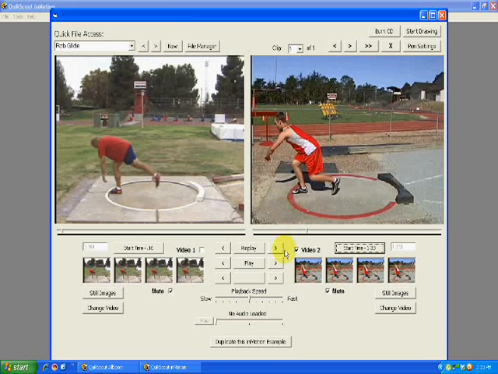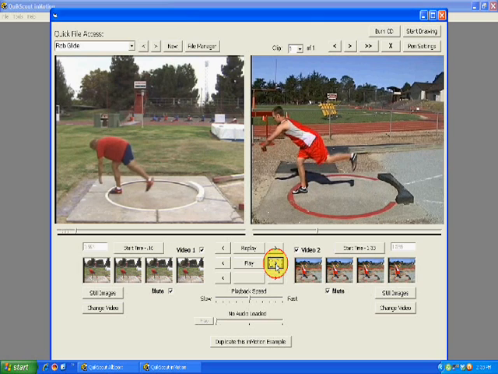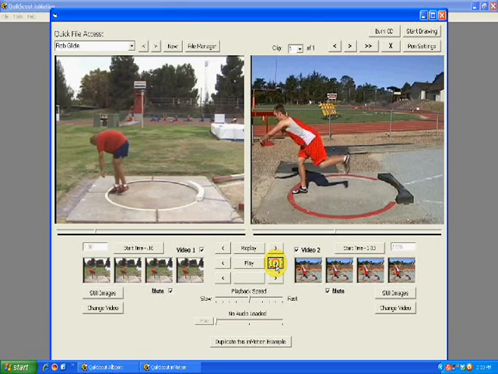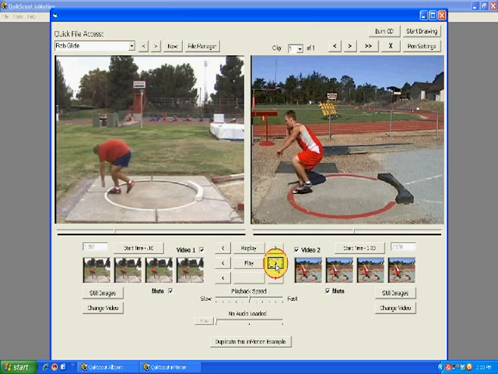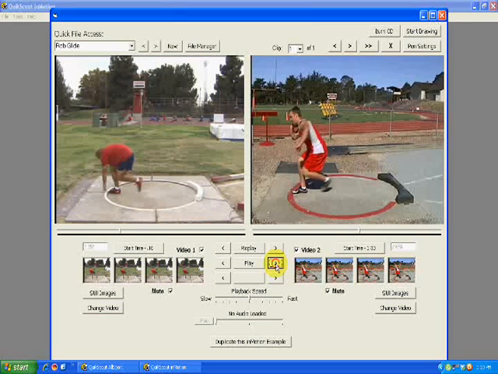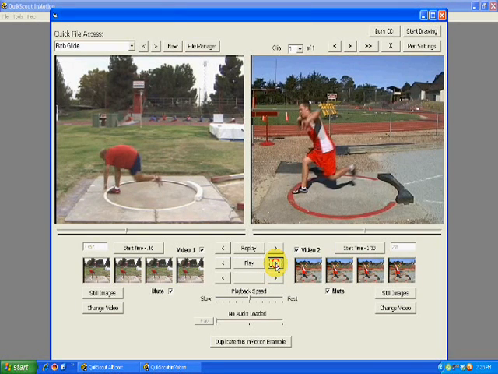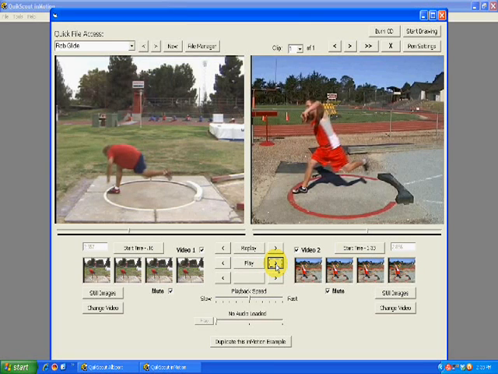We're going to make sure that both videos are turned on and reset, and we're going to use the forward arrow button to move frame by frame to see how they compare. So you see that they're getting ready to take their first glide step. And the one thing I noticed immediately about Rob is he's really up and down in his form compared to the Coach's Choice example. I'm going to use the Start Drawing Tools, and we'll select the straight line and just mark